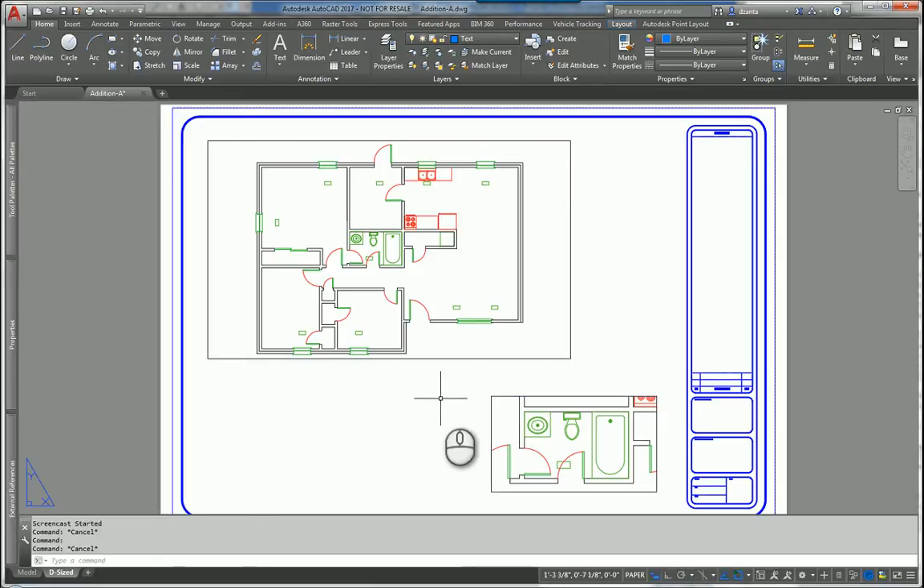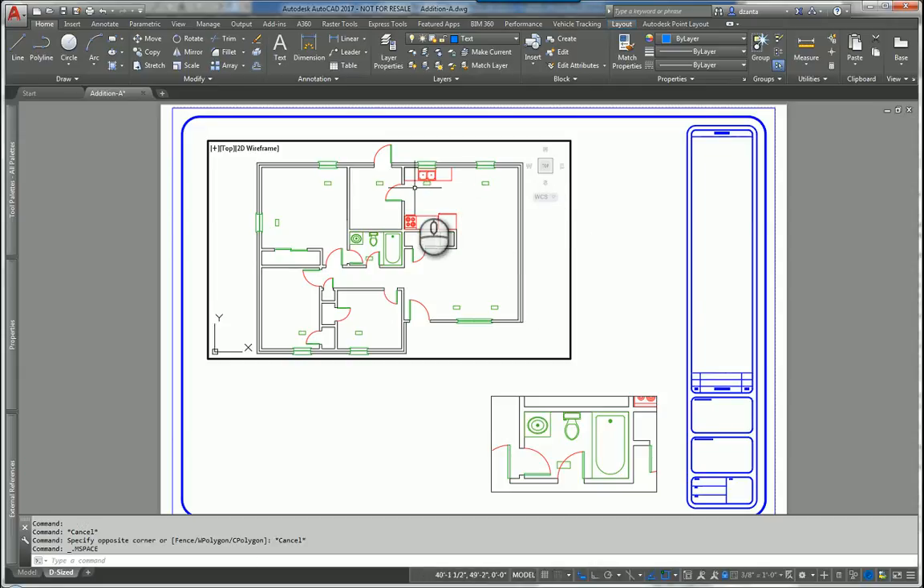When we talk about annotative capability in the software, we're talking about putting in annotations such as dimensions, text, leaders, things like that, that have the intelligence to understand what scale to be displayed at and what scale to not be displayed at. For example, if I have my mouse inside this viewport on the larger one, and I put in, say, a dimension,